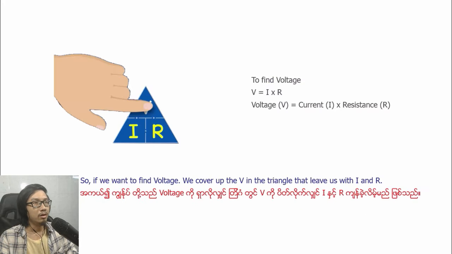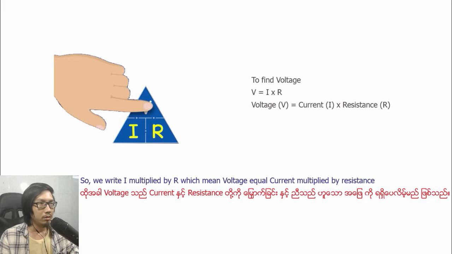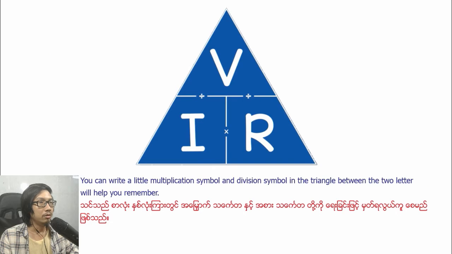the letters. So we want to find voltage. We cover up the V in the triangle, which leaves us with I and R. So we write I multiplied by R, which means voltage equals current multiplied by resistance. You can write a little multiplication symbol and division symbol in the triangle between the two letters to help you